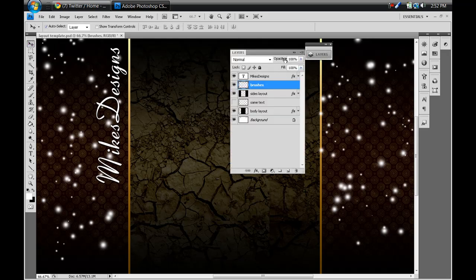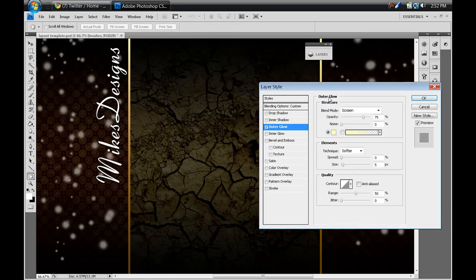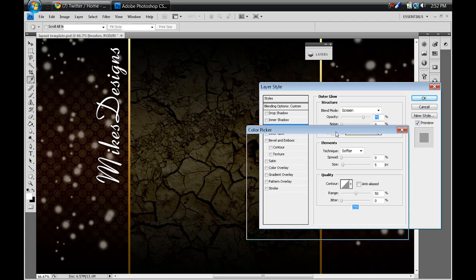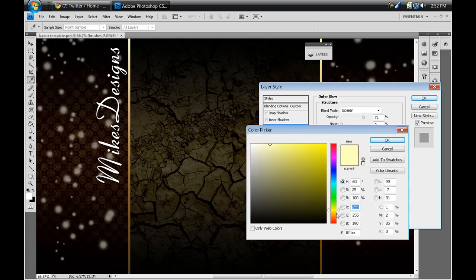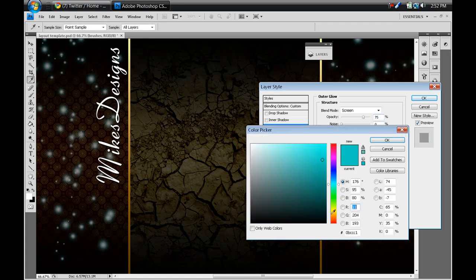Now what I'm going to do is drop the opacity down to about 50 and double click on it. I'm going to give it an outer glow, so I'm going to click on outer glow, and give it a nice orange or something like that, or blue. You see the blue kind of sticks out a little bit, and increase the size. And it could be whatever color you want. Yellow was probably good, like this nice dark yellow,